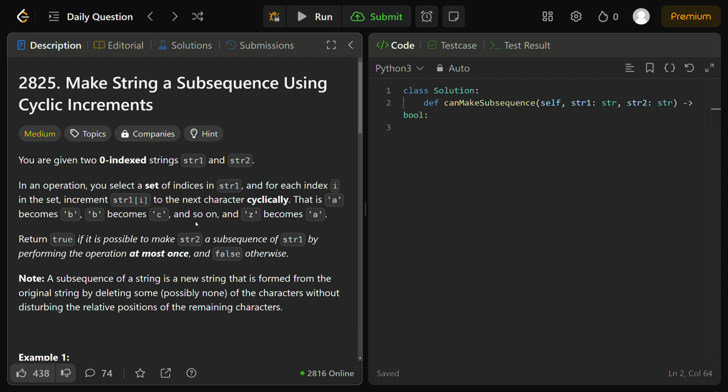Hey everyone, welcome back, and today let's solve Leetcode problem 2825 titled Make String a Subsequence Using Cyclical Increments, the daily Leetcode challenge problem. So we're given two zero-indexed strings, string1 and string2, and in an operation we can select